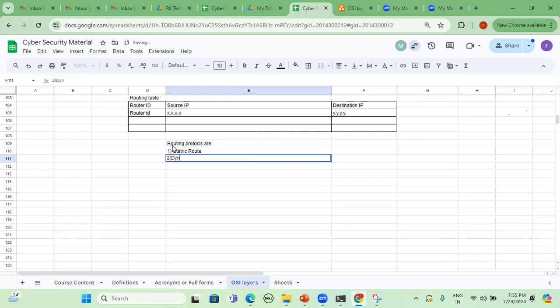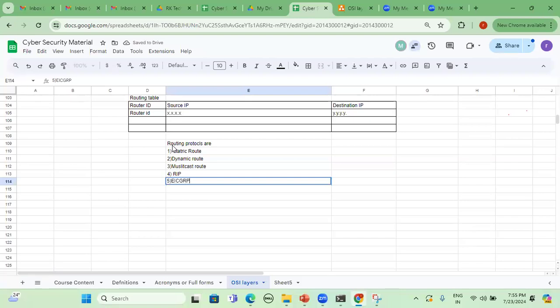Dynamic route, multicast route, fourth one is RIP, fifth one is EIGRP, sixth one is IGRP, seventh one is OSPF, BGP, for example.